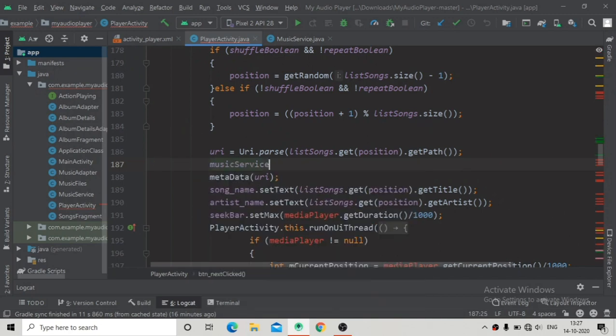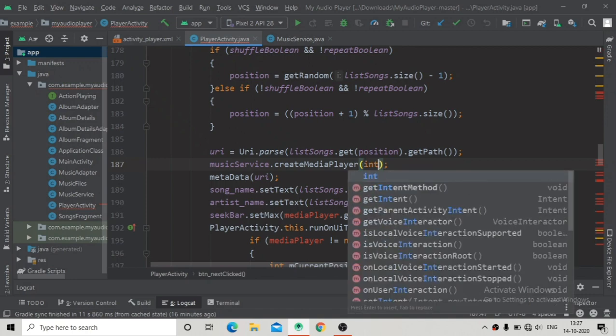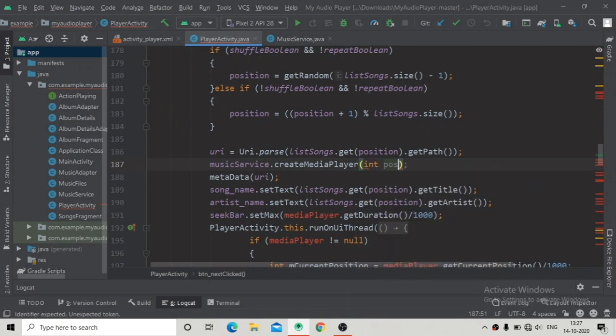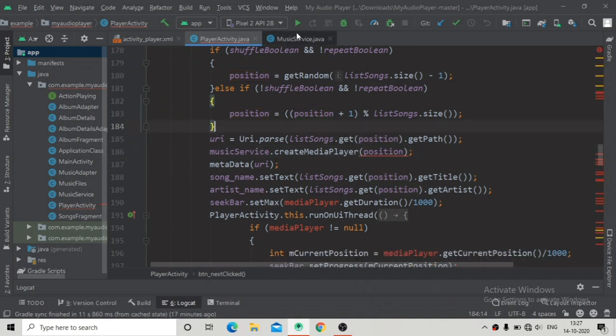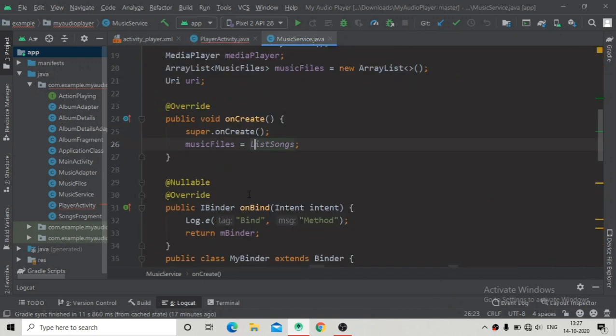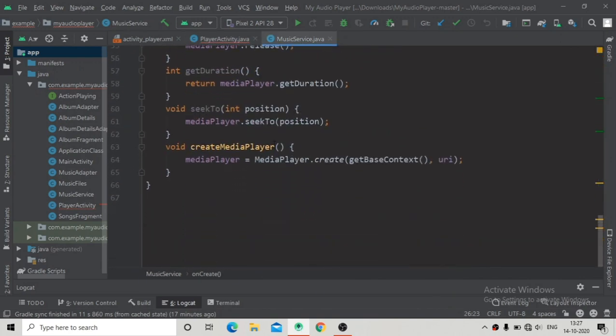We have to use the music service instance and then the method name, and also pass the position at which we are going to create the media player. So here I'm going to pass the position variable that we have inside this player activity, and hence we have to create the method like this. So we have to add an integer parameter,